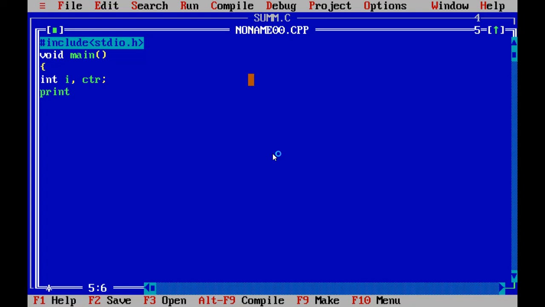printf, double quotes, backslash n, enter a number.